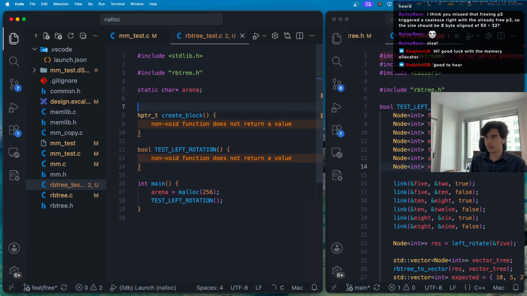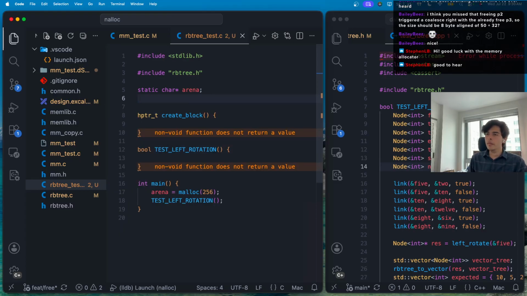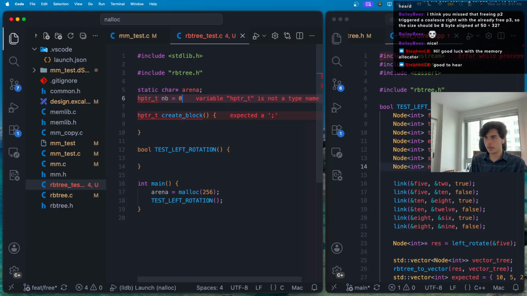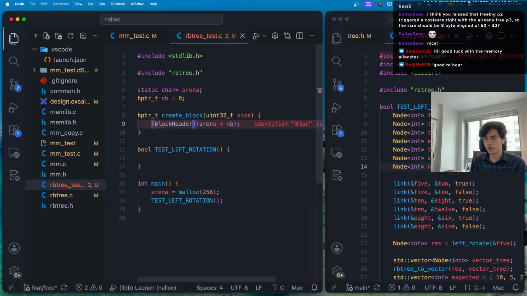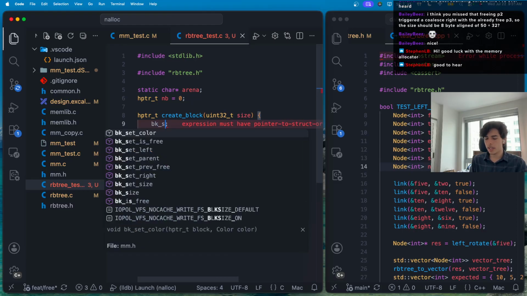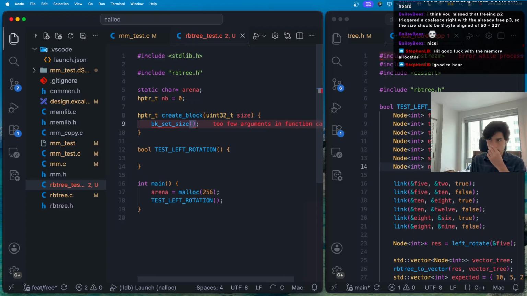We simply keep track of a pointer to, like, the next block, and then it's gonna be 0. So to create a block, you would need to pass multiple things. So the size, right? And yeah, let's just do the size. And then all we need to do is go to the arena, go to the offset of the next block that's free. And to this, we need to interpret it as a block header pointer. And then modify its size. Or actually, even better, bk set size. Set size to be,